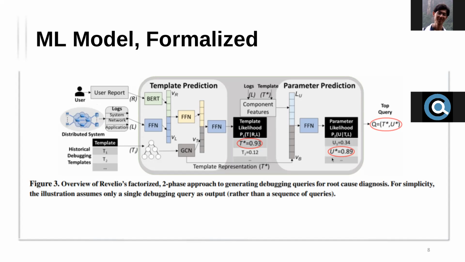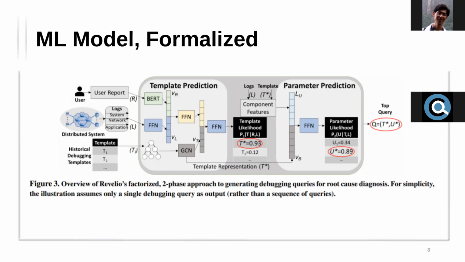Yeah, so are there any questions so far? I have no further questions, but I just doubt whether the number of templates is large enough. And since I'm no expert in the so-called debugging templates, maybe I'm going to rephrase your point. The first step is that given a user report and the logs, the system first selects the most likely template to use. So basically, when a bug happens, we always need a query. That is the assumption of this approach.